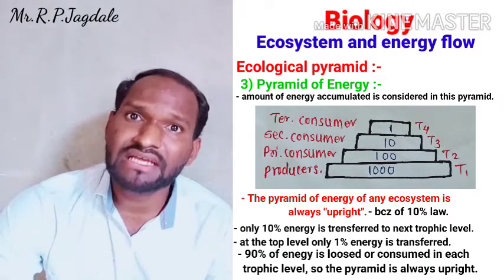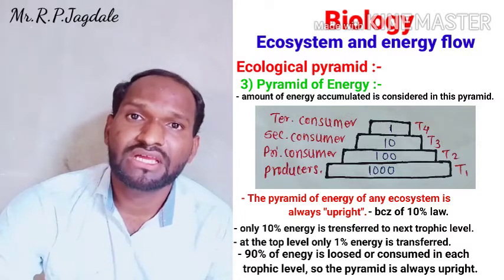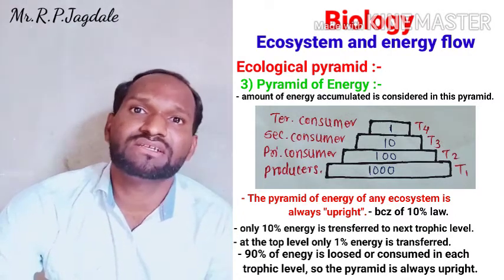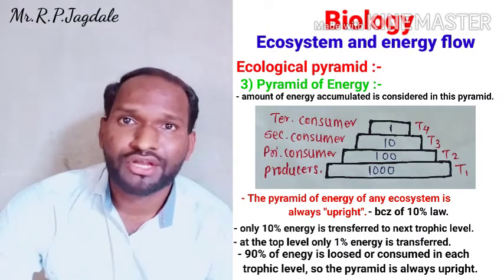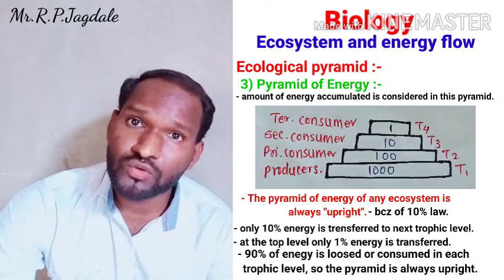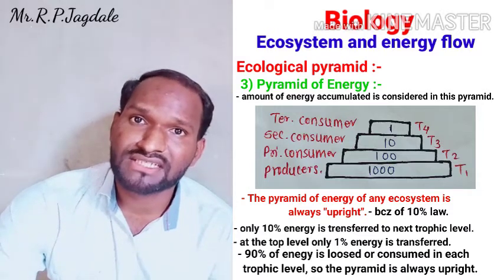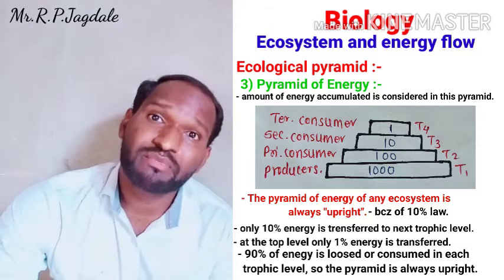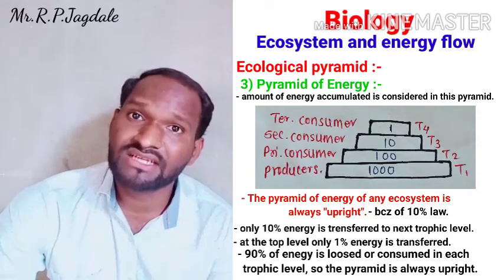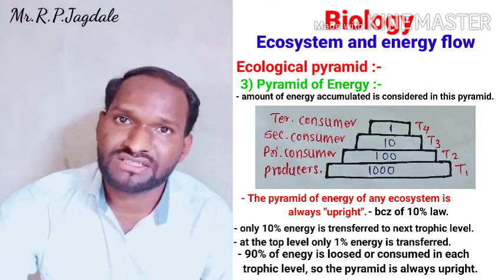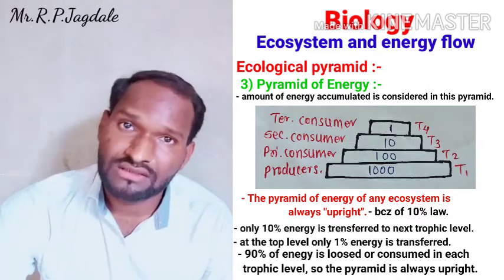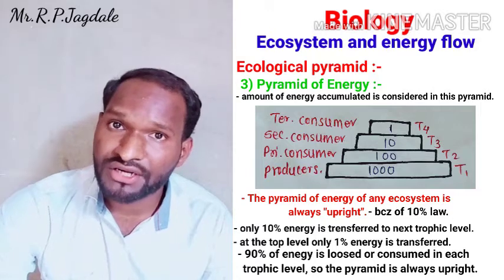By losing 90% of energy at each successive trophic level, that is the reason why the pyramid is always upright. At the producer level, high energy is there, and at the top carnivore, the lowest energy is there. And another sentence I have already told: